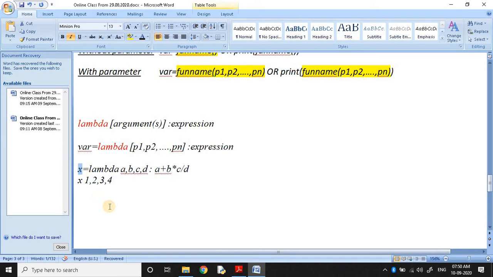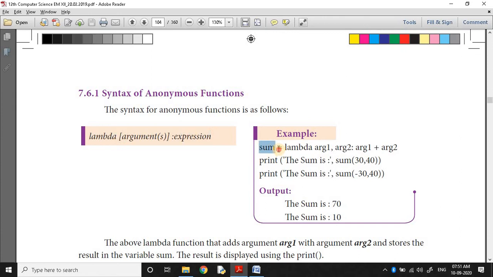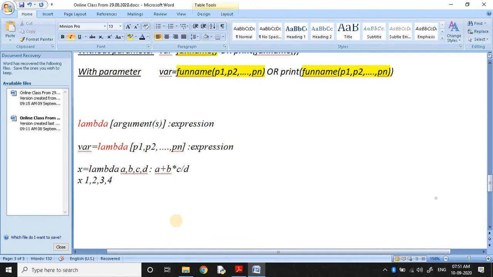So we can call these functions using the assigned variable name. Likewise, in your textbook the example is given: sum is equal to lambda of argument 1, comma argument 2, colon argument 1 plus argument 2. Here I forgot one thing: a function call must consist of parentheses, but in the definition there are no parentheses.